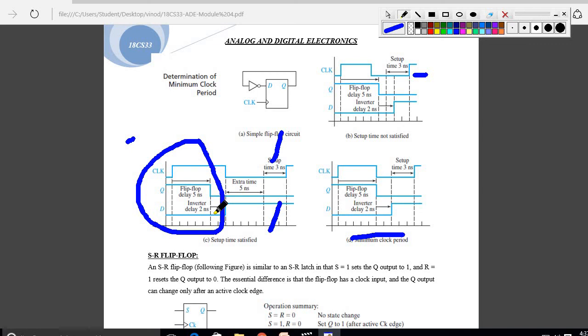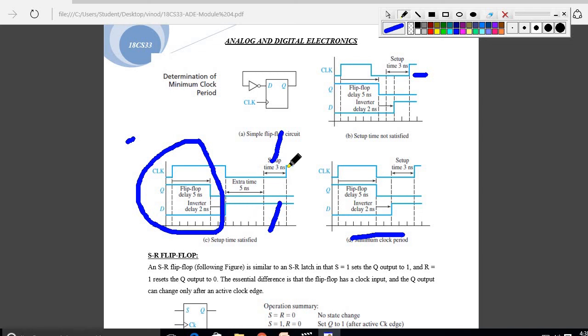So for S and R, the truth table remains the same for both. The SR latch truth table is the same as that of the SR flip-flop, but the only thing is that the flip-flop truth table works with the clock pulse. But in the latch it is not like that. Same for the gated D latch and D flip-flop: the truth table is the same, but the latch does not depend on the clock pulse, whereas the D flip-flop depends on the clock pulse.